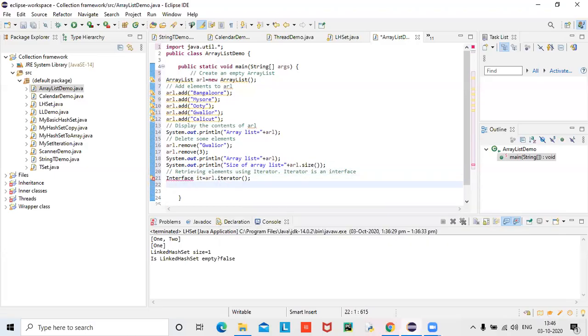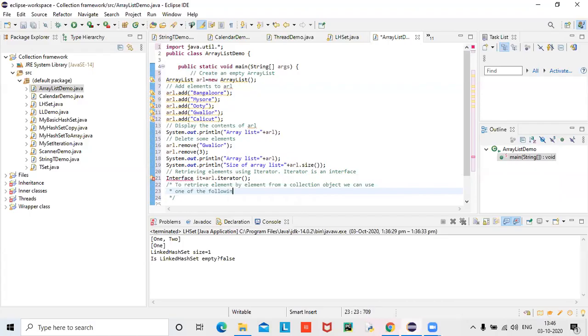Comment here: to retrieve elements, element by element, one after another, from a collection object, we can use one of the following.